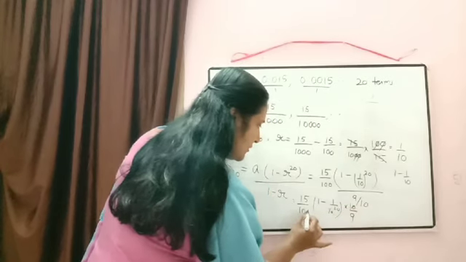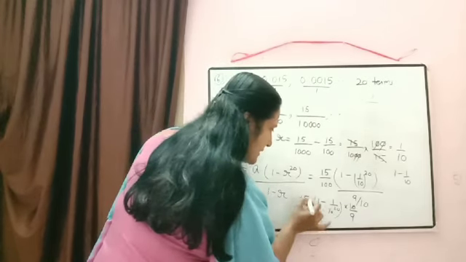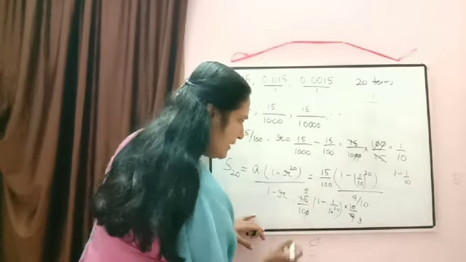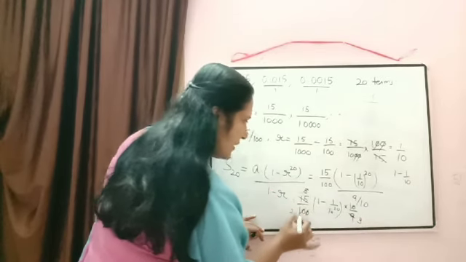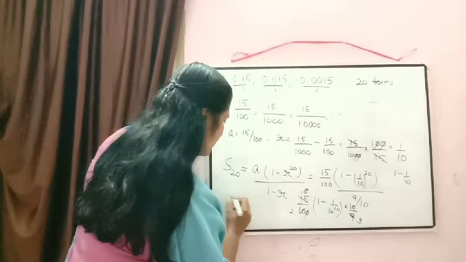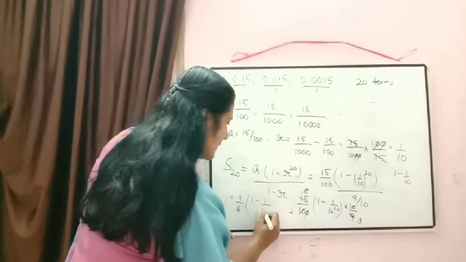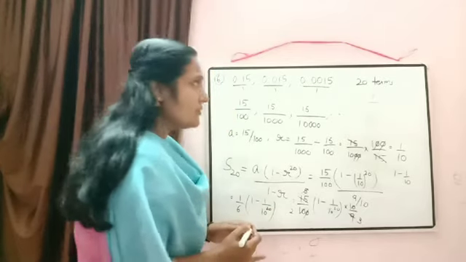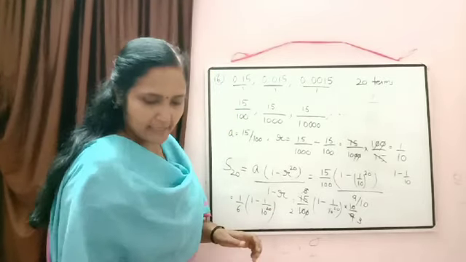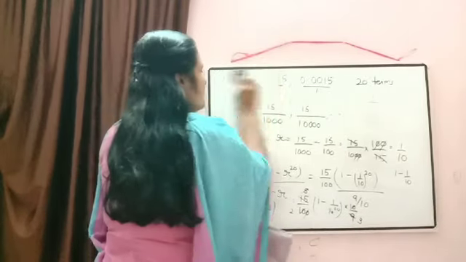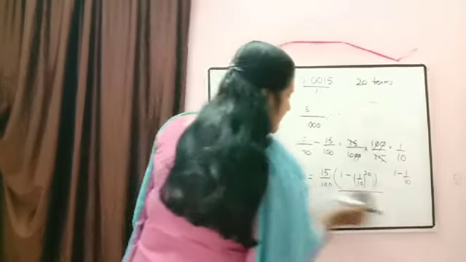So again this 0 will get cancelled. We can cancel it by 15. 3 5s are 15. 3 3s are 9. Now here 5 1s are 5. 5 2s are 10. So remaining it will be equal to 1 by 6 into 1 minus 1 by 10 raised to 20. Sum of 20 terms. So I think how to use the formula is clear. Okay. Now we can check the next question.